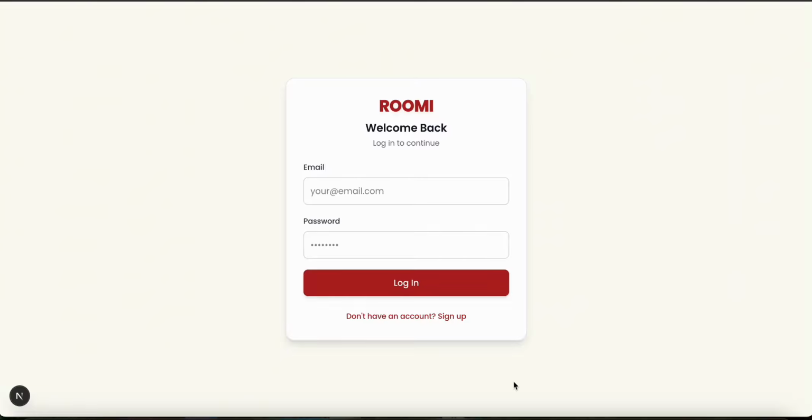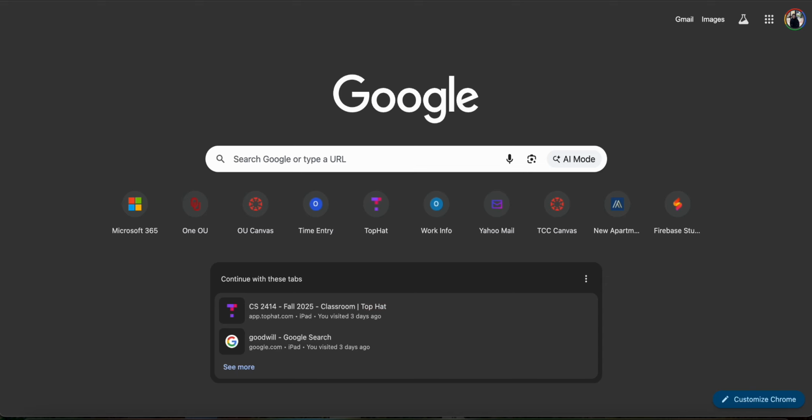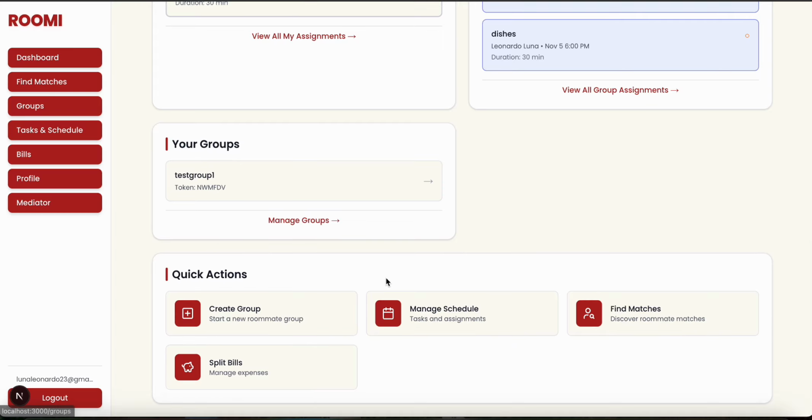Hello, so this is my project. This is Roomi. Here we have our login screen. So I'm just going to go ahead and log in, and it uses Supabase, which also has authentication, email authentication. And we log in, and here we have our dashboard of just kind of like a rundown